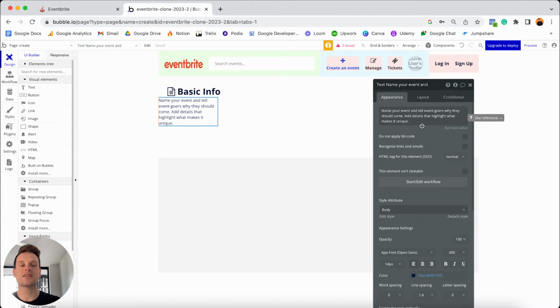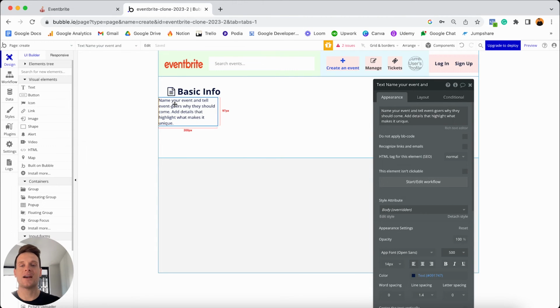Now, when it comes to the styling of this element, I'm not going to update the font size. However, I will just update the font weight. I'm going to set this to be 500, so it's medium, and that's just going to slightly darken the actual font itself. I will, of course, need to make this element fully responsive though, so I'm going to jump to